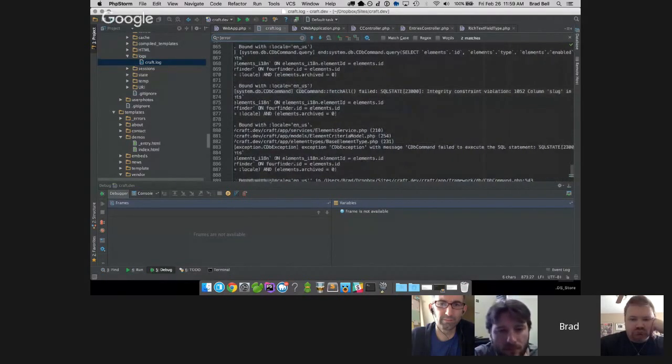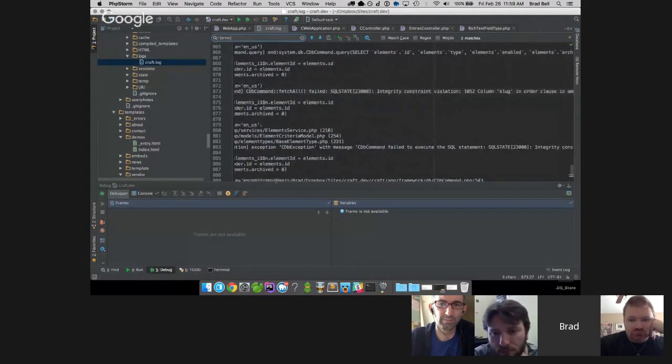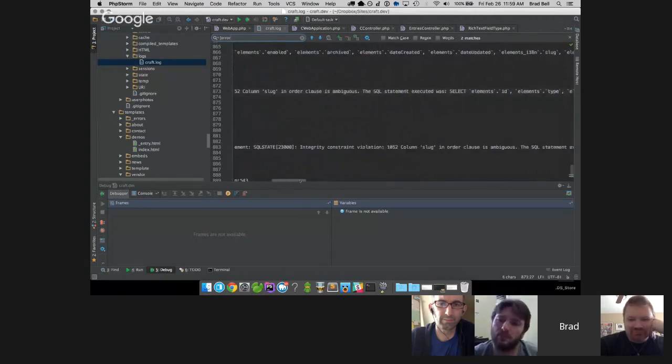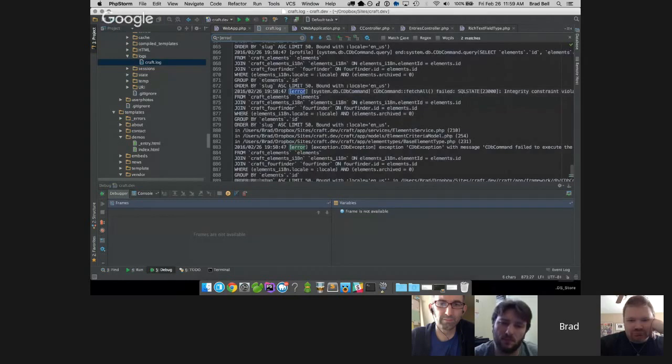Integrity constraint violation, 1052: column 'slug' in order clause is ambiguous. The SQL executed was, and it gives the whole SQL query. So select whatever from elements, join elements_i18n, and then join craft_4finder, and you can tell, without even looking at his code, his element is using modifyElementsQuery to join in his own tables. And then at the very end, you've got the order by slug, and this is what it's complaining about, because